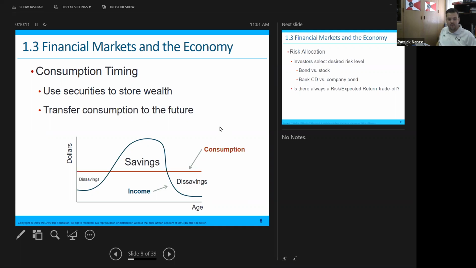But right now, for me personally at my age, financial assets are used as a store of wealth, to push off that consumption timing to the future when I'm going to need it. And at that point, when I retire or when I need it, I will remove it and then use it and consume not the money, but consume the goods that I buy with it.